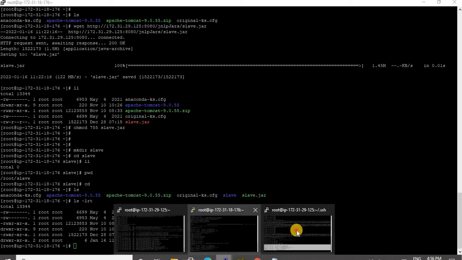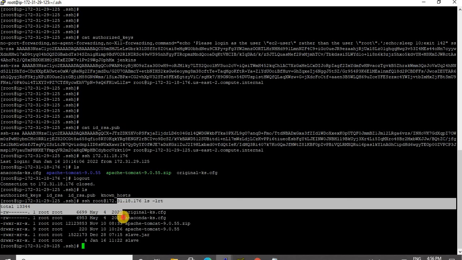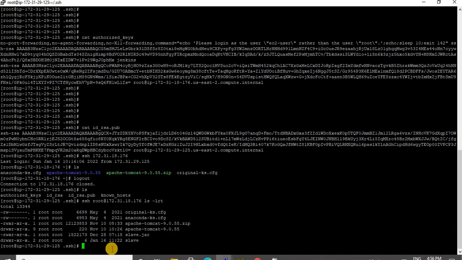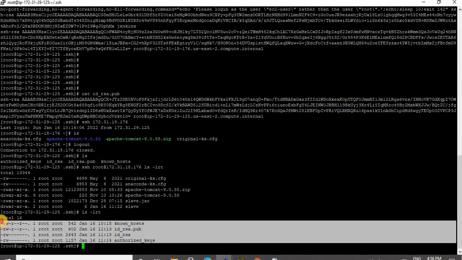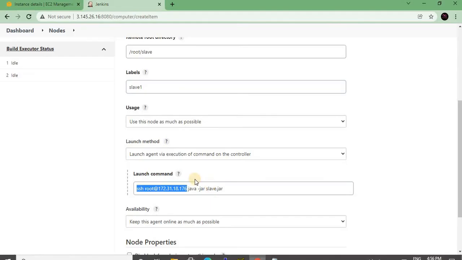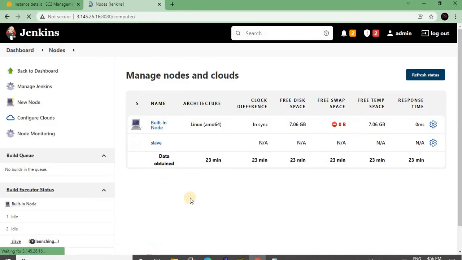But if you observe, now you are on which machine? Master machine, but the output is from the slave machine. Now do just ls -lrt. This is the output for master from the current folder. So this is telling it to connect to the root user on that instance, and once connected successfully, execute this command. What this command is doing is simply running slave.jar. Slave.jar is a slave file, a dependency with the master instance. That's it. It's not rocket science.